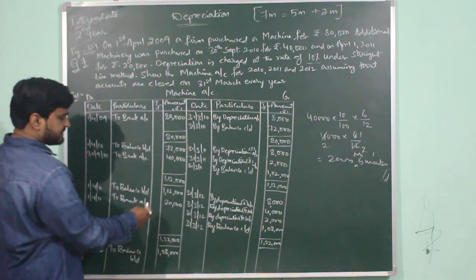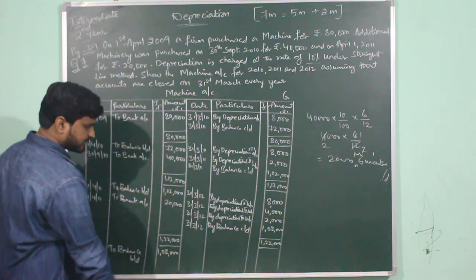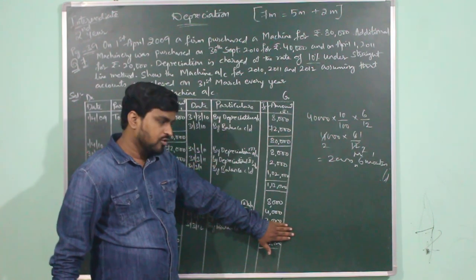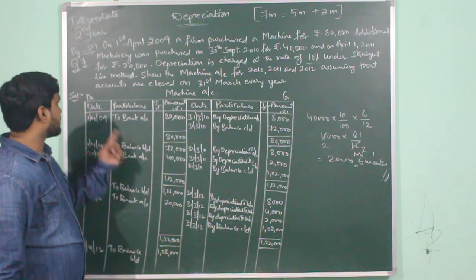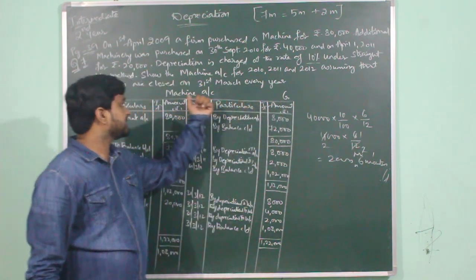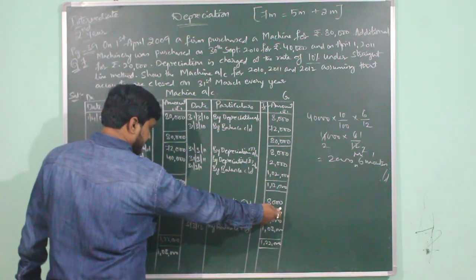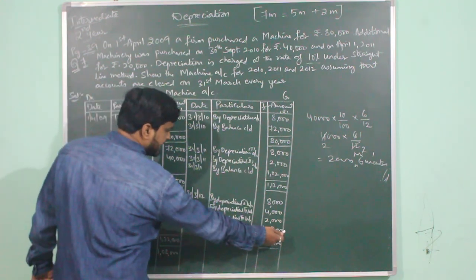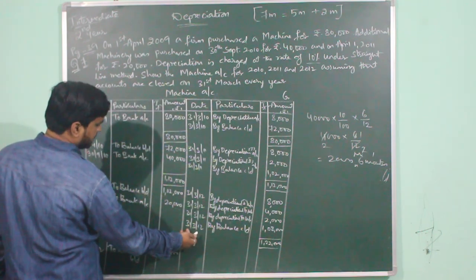So now how do we balance the account? Here the total will be 1,02,000 plus 20,000. It works out to be 1,22,000. And here the total will be 8 plus 2, 10, 10 plus 2, 12, 12 plus 4... 14. So what is the highest total? 1,22,000. So 1,22,000 will be recorded on debit side of machine account, as well as 1,22,000 will be recorded on credit side of machine account. Subtracting 14,000 from 1,22,000, the value which is left out is 1,08,000, which will be written as by balance carried down at the end of the third year on 31st March